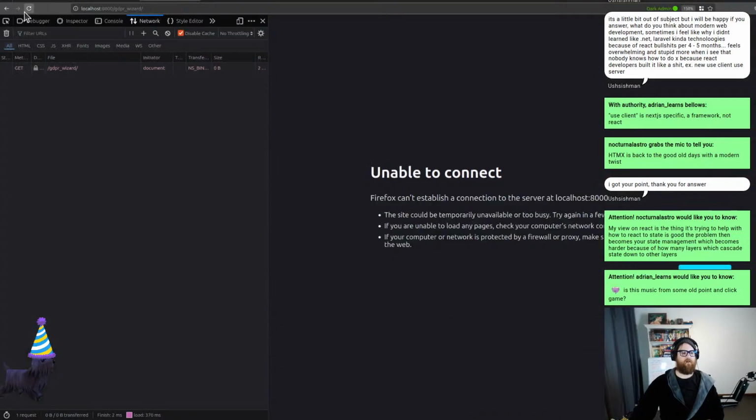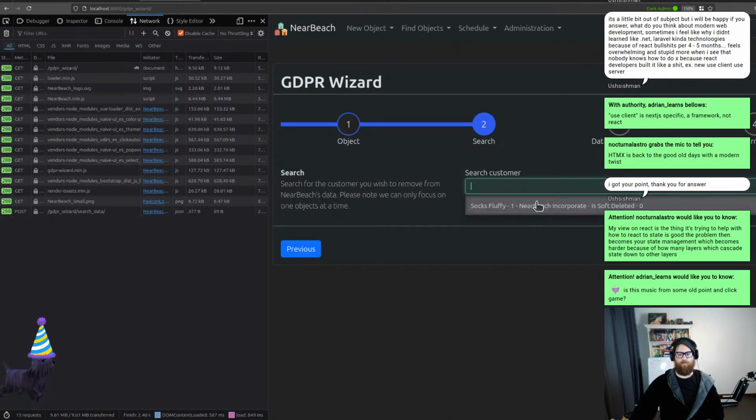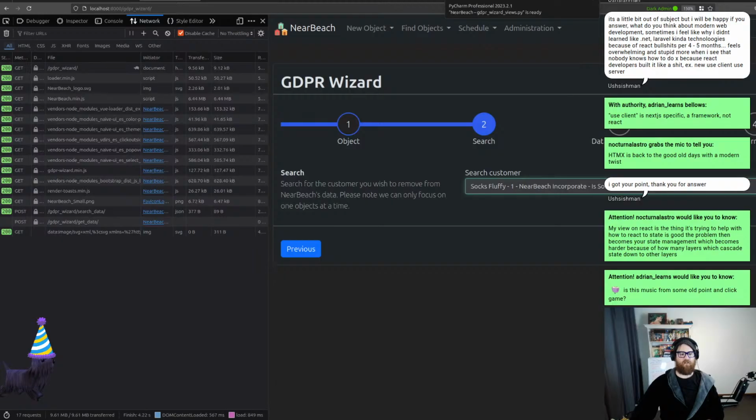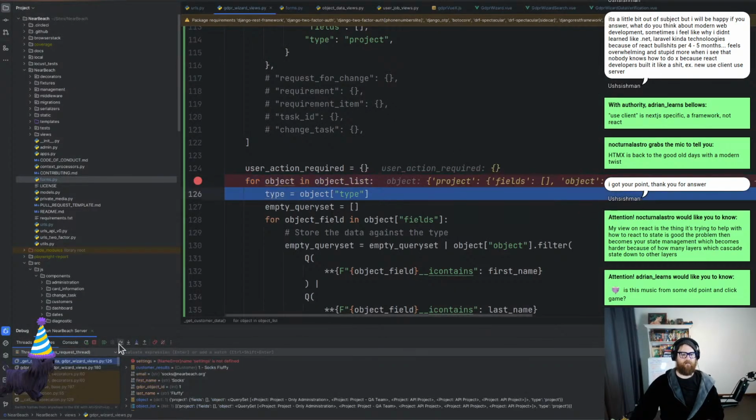No errors. All right, cool. Gonna hit refresh. Cool, we're done. Customer. We wanna go Socks Fluffy Butt. We're fetching the data. Sweet. So we should be here. We should now, yep, there we go. So now we've got,